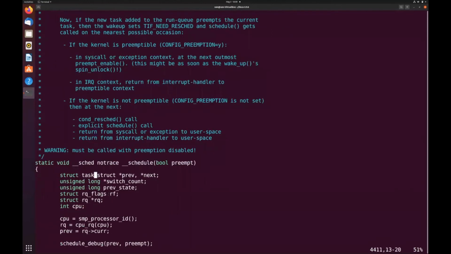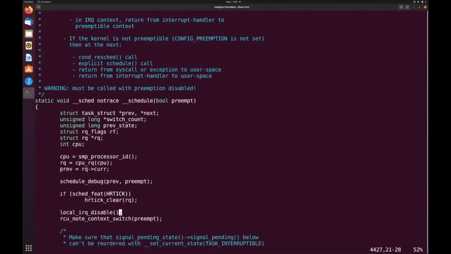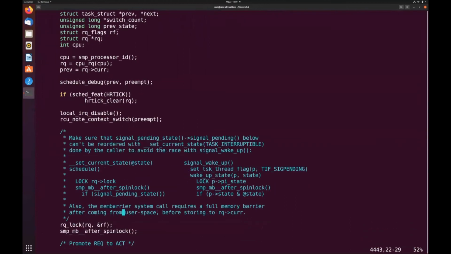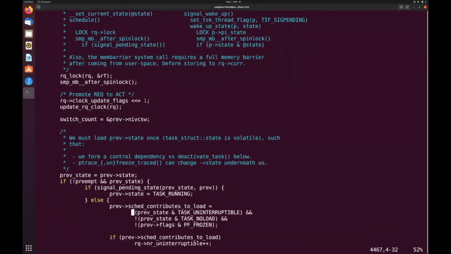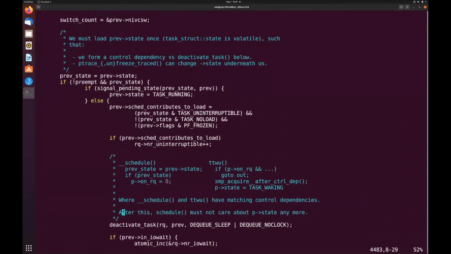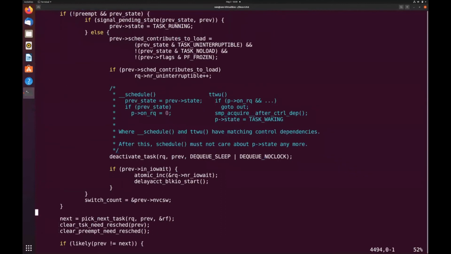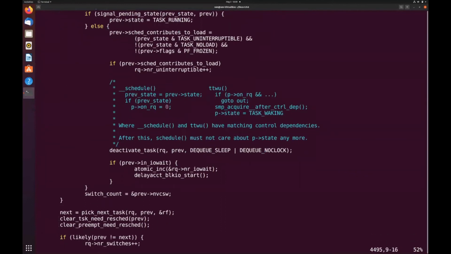So this is the main schedule function. It is defined like this. Here we have to focus on the main thing. It actually calls a function to find the next task, called pick next task. This function is responsible for finding the next process, and the timing information can be found with the help of the find next entity function.